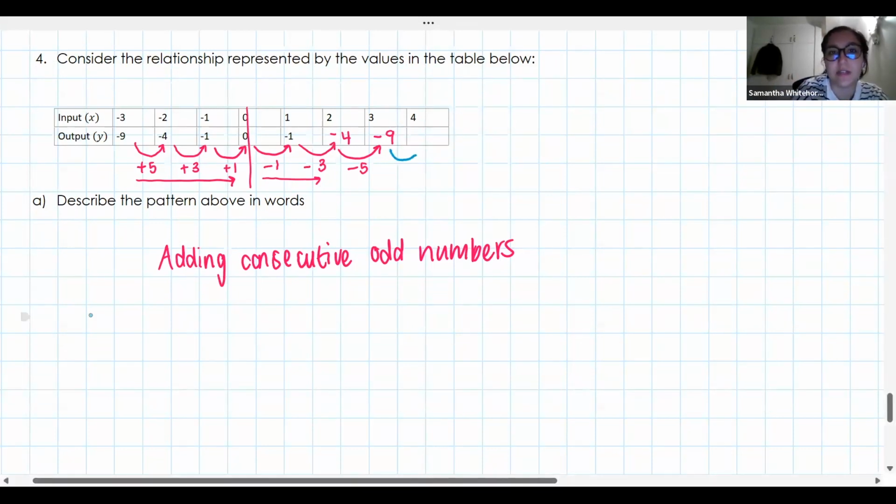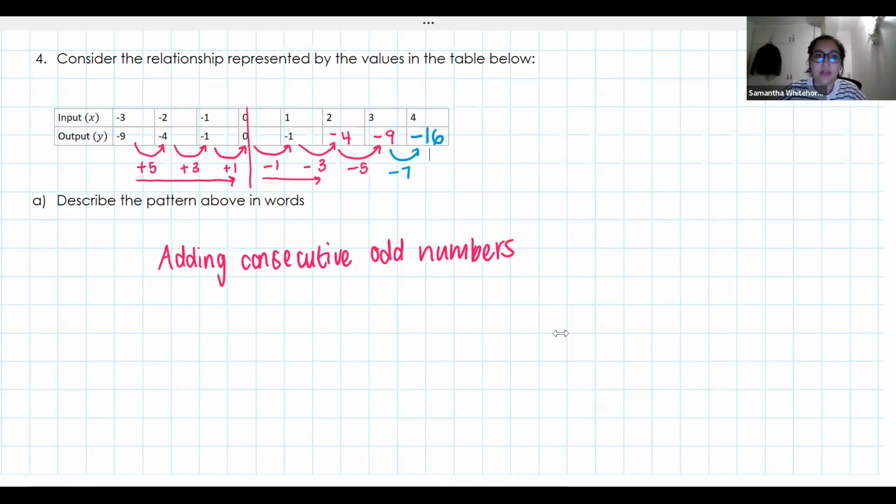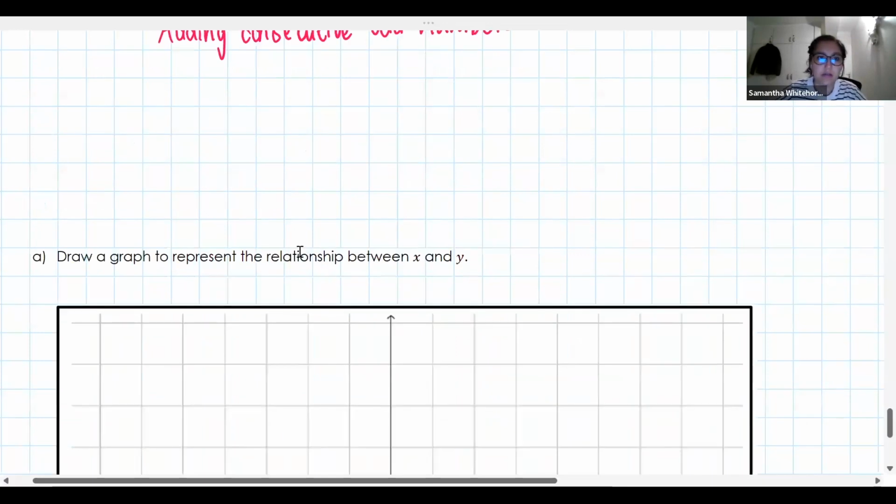Good. So we would have to now subtract 7. That's our next consecutive odd number. So we get -16. Very, very nice. Okay, so if we now draw this graph again,